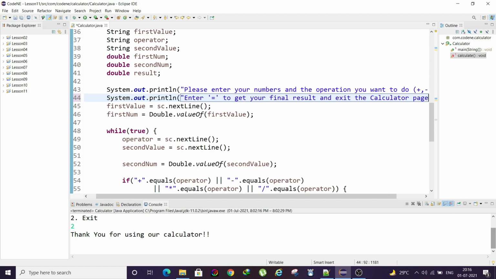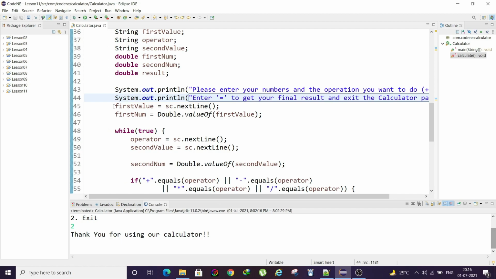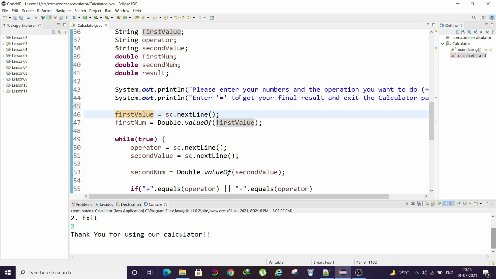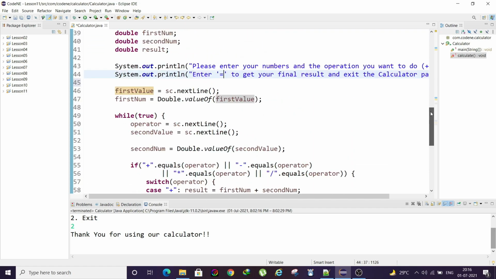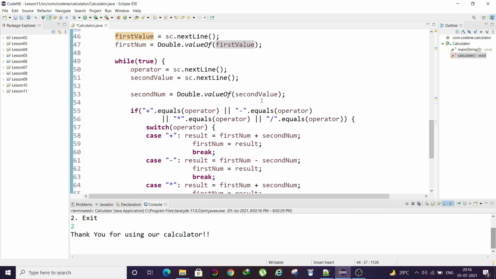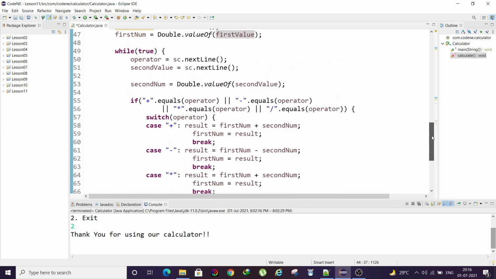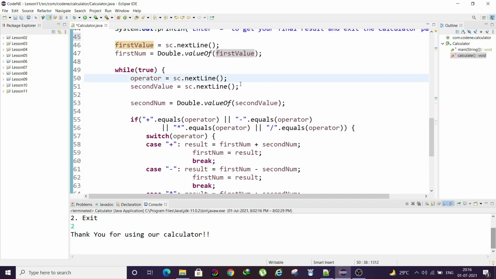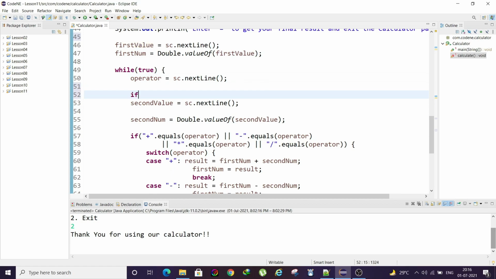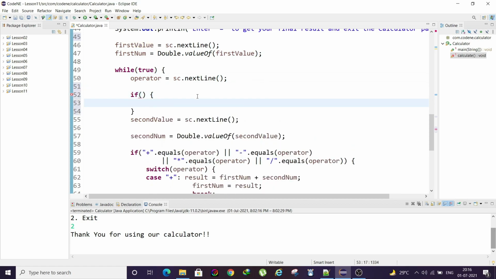Calculator page, let's say, right? So we put this view to the user that he can press equal to and it will exit from this calculator page. But we did not handle any equal to case, right? Till now we have not handled any equal to case. So for that, of course, after the operator only we need to handle this, right?